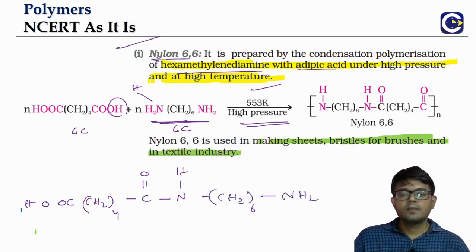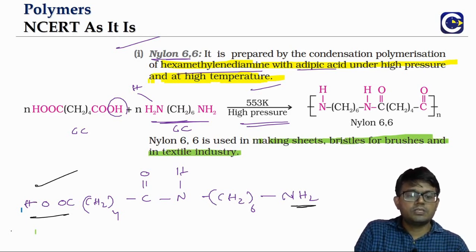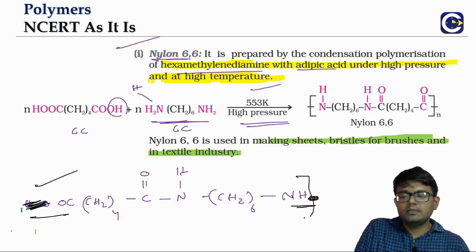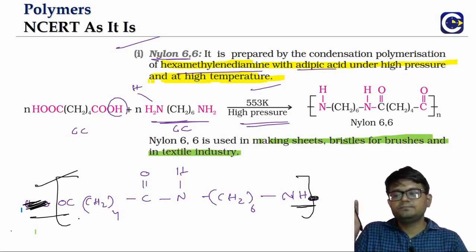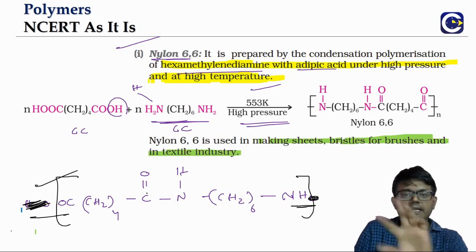Now the species that we obtained after the first step of condensation is also bifunctional. It has COOH and it also has NH2. This will undergo further condensation steps. If you want to know the overall structure, from the COOH we have to remove the OH, and from the NH2 group we have to remove one hydrogen. The remaining part is going to be the repeating unit. Of course, here they have written it in the reverse order, but you can read it either way.